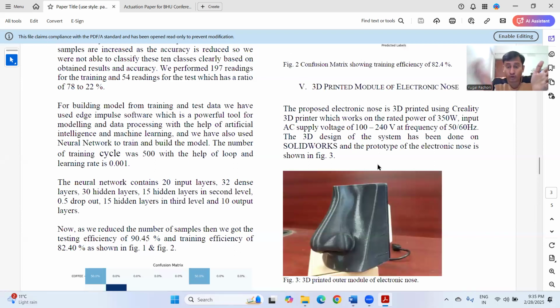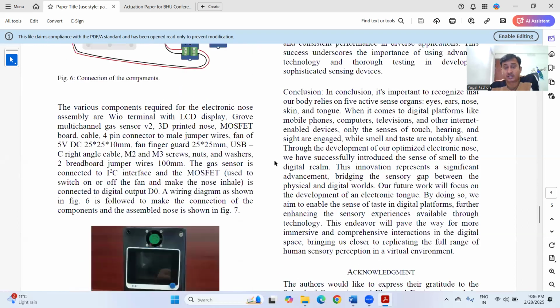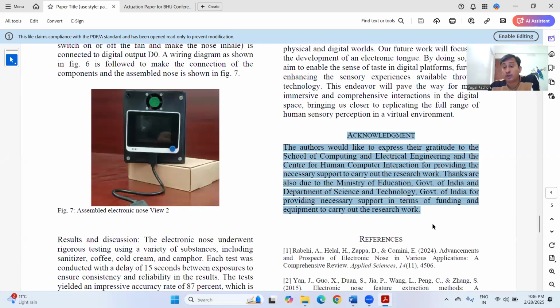One more thing I would like to say: when you write a particular paper, you should be thorough enough to decide the script, what the results are, what the conclusion is, and what the acknowledgement is, to whom you are addressing, where the research was going on, who was involved in the research work, whether a government funding agency, private funding agency, or any other company or NGO. You should give an acknowledgement to them. And you should talk about the conclusion. For example, I have written the acknowledgement over here. So this is the kind of application.